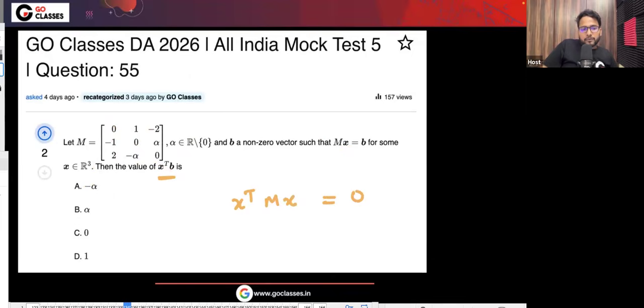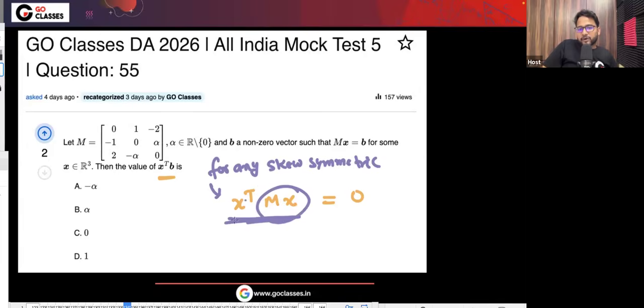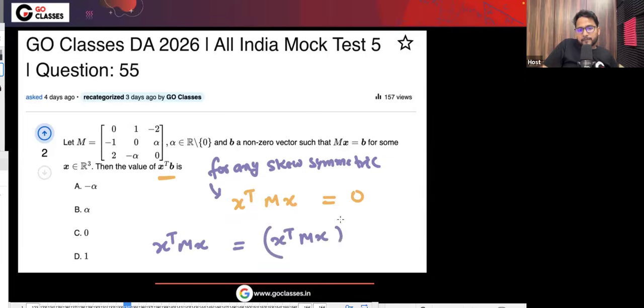Why? Let me write, for any skew symmetric matrix, why is that the case? Because see, this is a scalar, right? Mx is one vector, and then this dot product is actually a scalar. So since this is a scalar, you can write like this: this is equal to the same as its transpose, because this is a scalar, which means